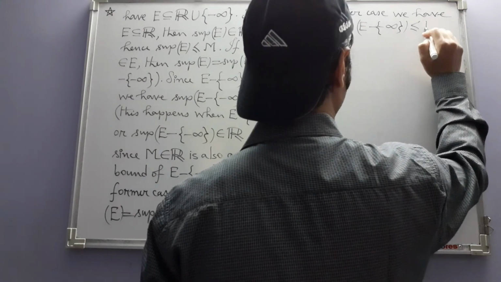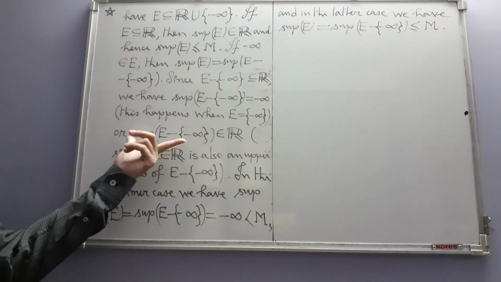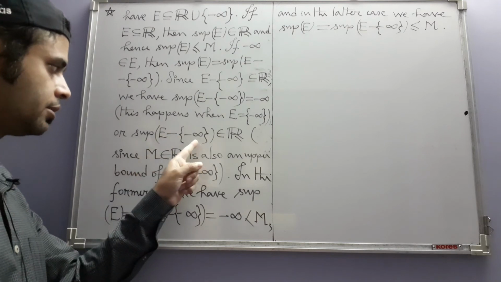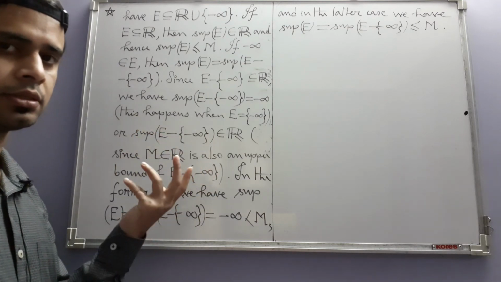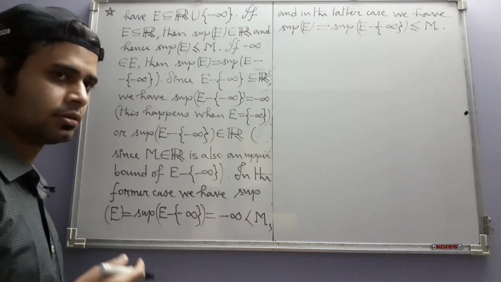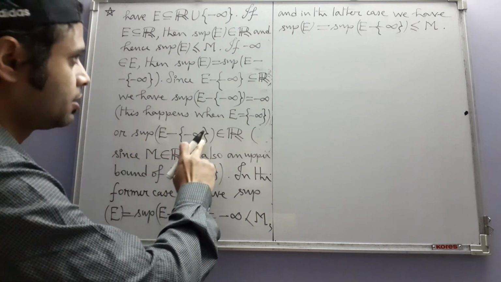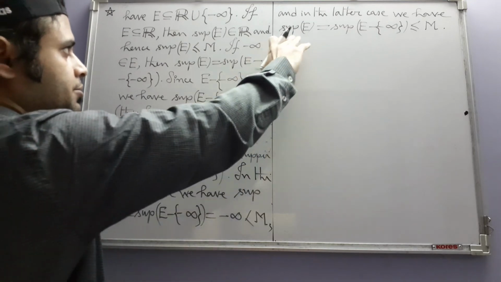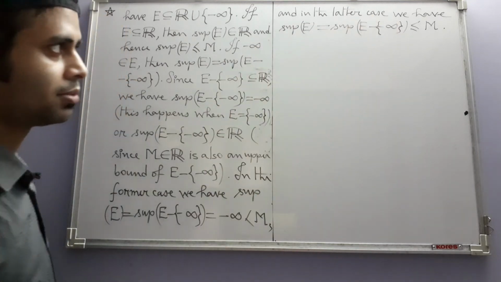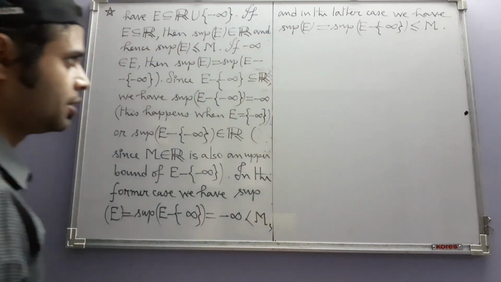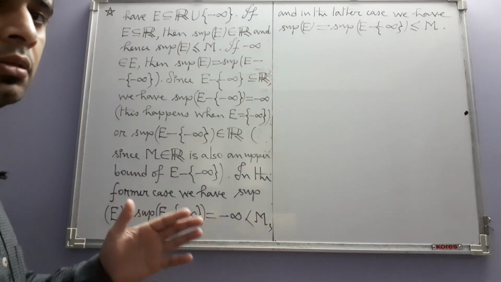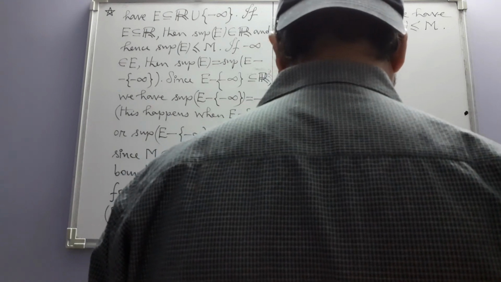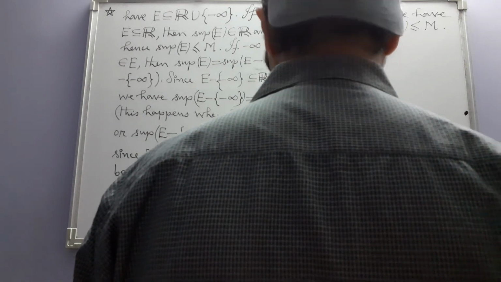This is less than or equal to M. In the latter case means in this case, since capital M is also an upper bound for this set, the supremum of this, which in this case is the least upper bound, literally the least among all the upper bounds, is less than or equal to capital M. And this we have already seen, we are under this case, that supremum of E is equal to supremum of this. So in all the possibilities, we have shown that supremum of E is less than or equal to any upper bound. So this completes part B. And now finally,